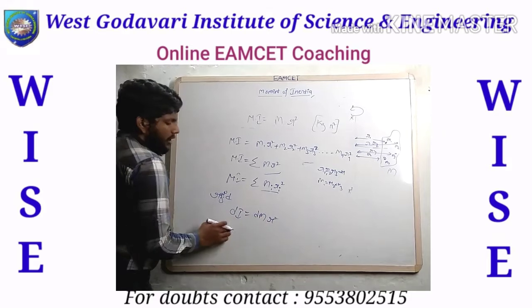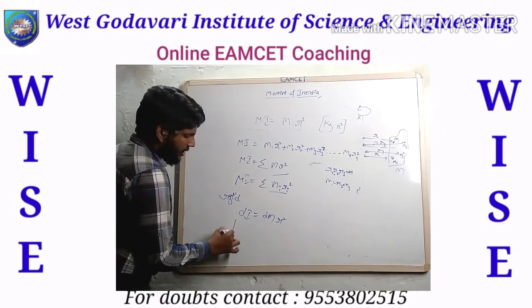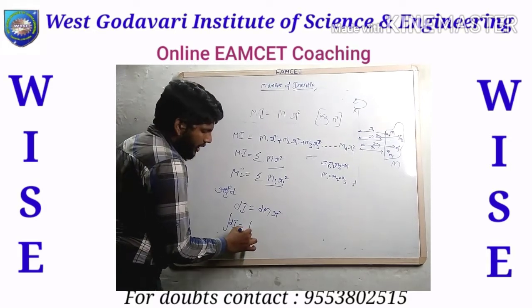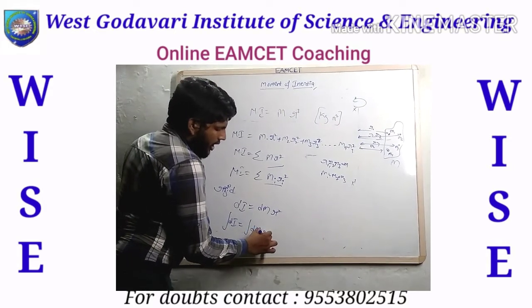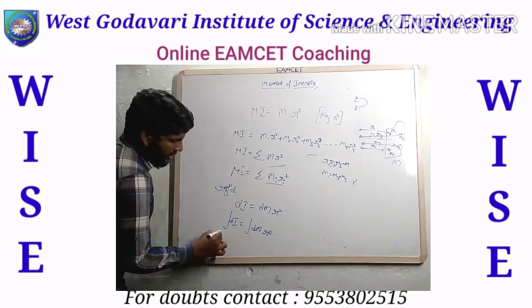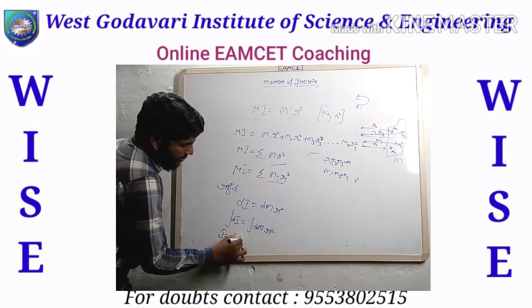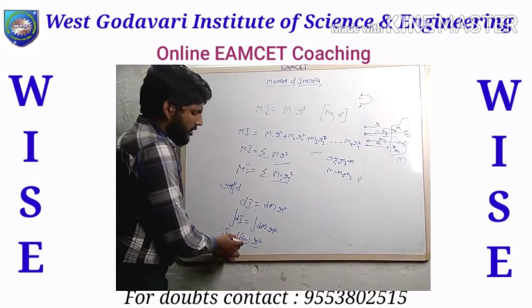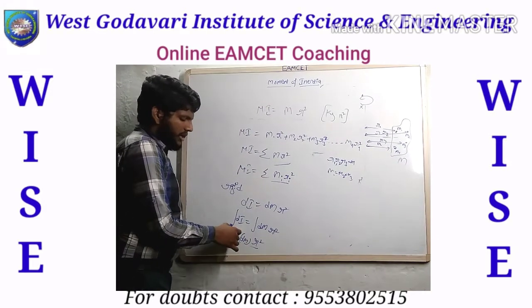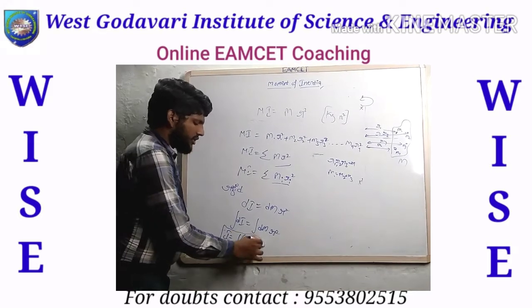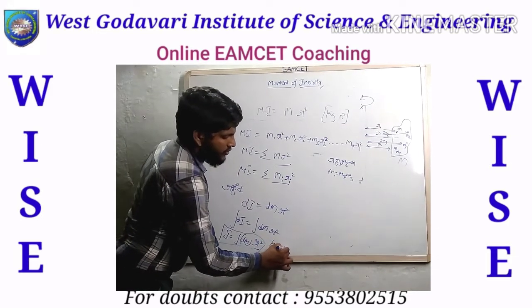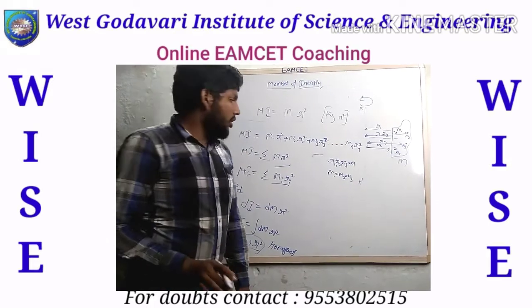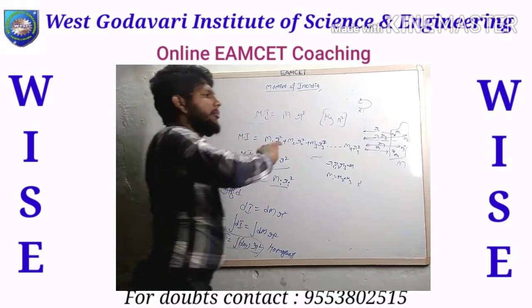And after that we can apply the integration, integral dI equal to integral of dm into r square. So simply that is I equal to integral dm into r square. You can write it simply, and if you apply the value of the mass, you can solve the equation like this. This is what we are calling the homogeneous equation, because the body is a rigid body. Okay, this is the moment of inertia and the number of different concepts regarding it.